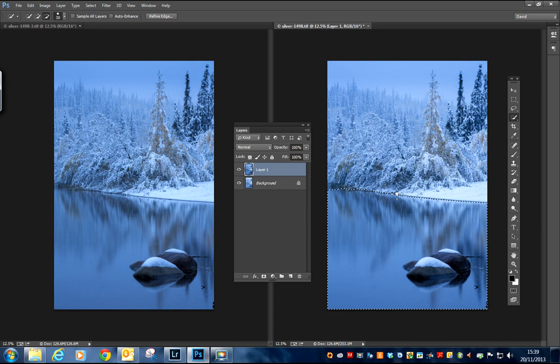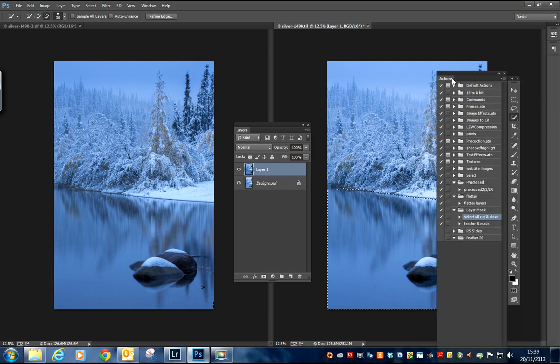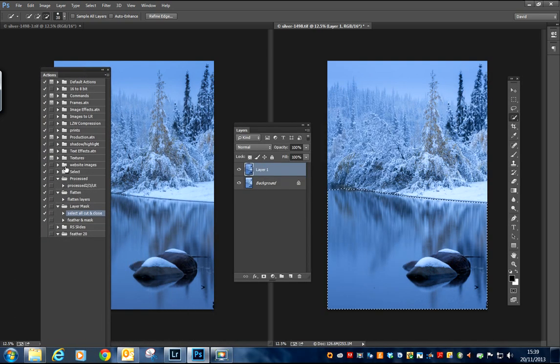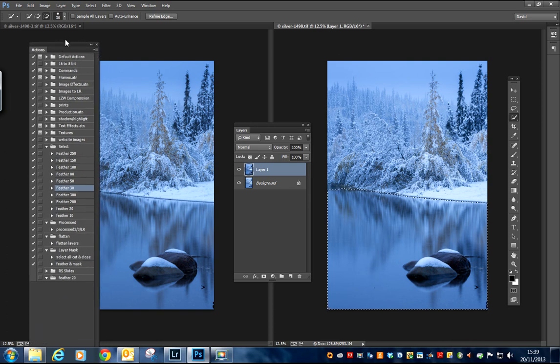Okay, we don't have to be massively accurate with this, but I'm going to feather that selection. I introduced you to actions last time, so let's use one. I have a selection here. The line is pretty defined, so I'm going to use a feather radius of only 30 pixels, and this is an action I've made before. So if I just play that action,